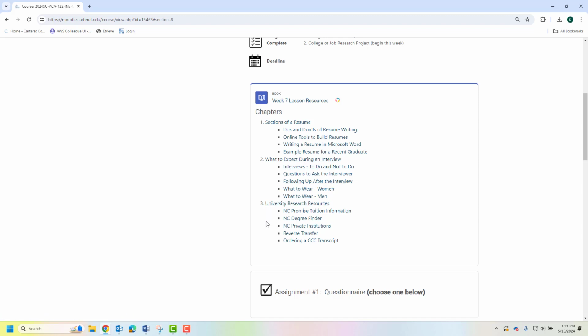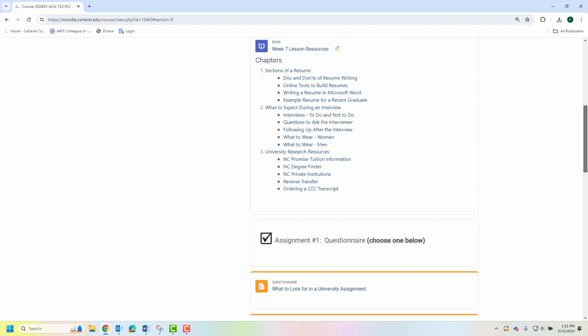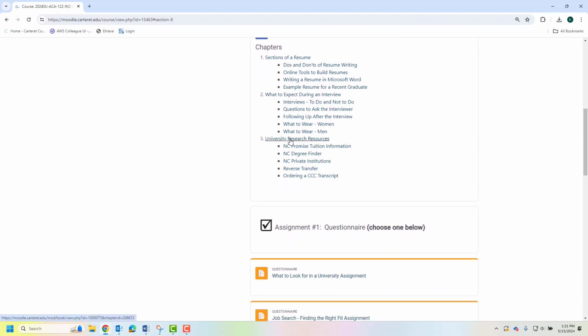The last section is helping those that choose the college research project. The first link here says University Research Resources. Use those resources to do your project, as that's going to give you some links to help you answer some questions that have some statistical questions. So for example, if I ask, what is the undergraduate population? There's a lot of websites out there where you can put in your college of choice and it'll give you all of that statistical data. So if you're struggling with finding answers, make sure you use these resources here.